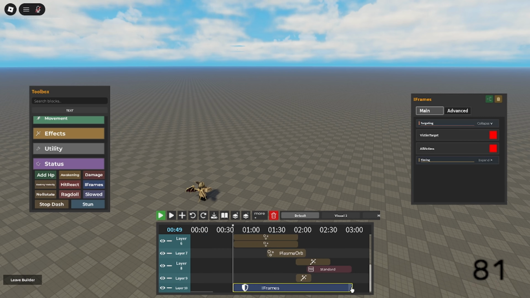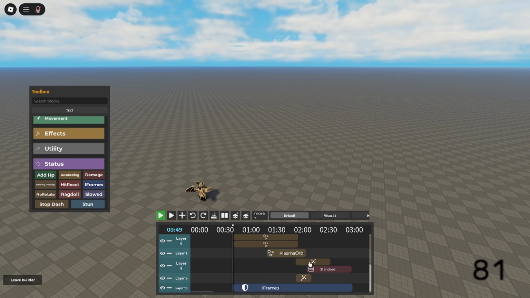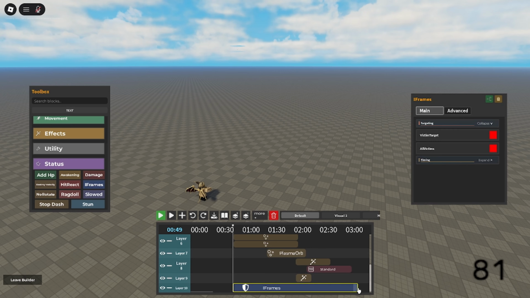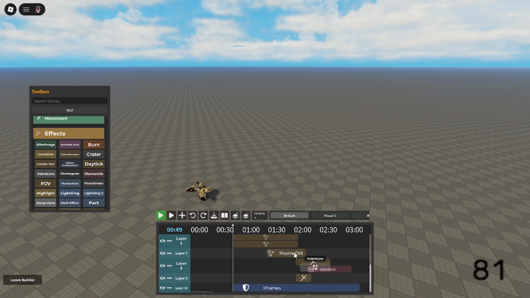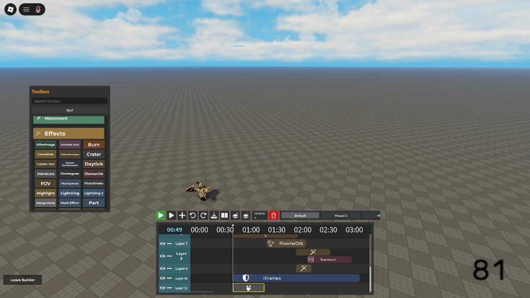to the end of the move. So right there. Maybe a little bit longer so you don't immediately get hit as soon as you're out of it. What I'm going to do is I'm going to add a debris line. I think that's pretty good. So